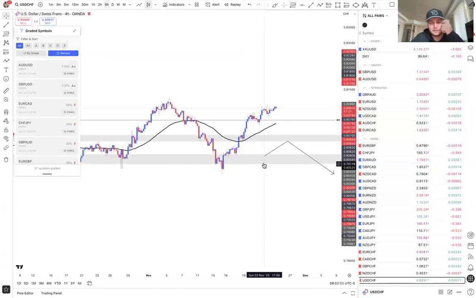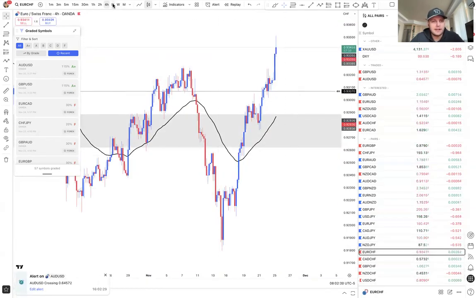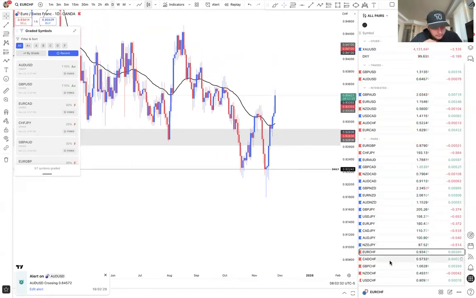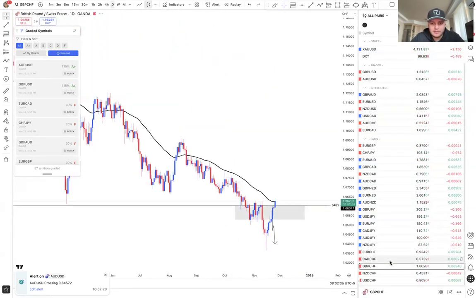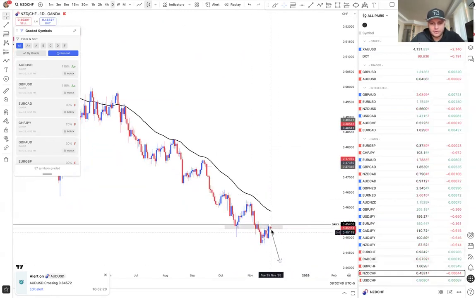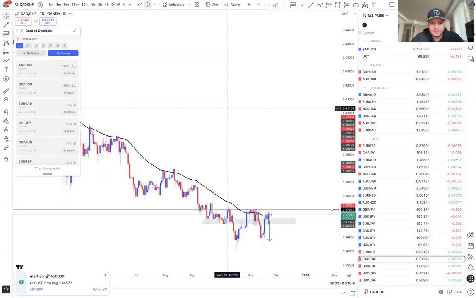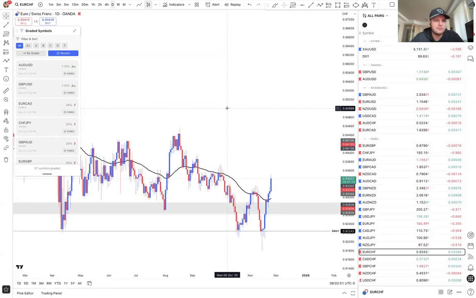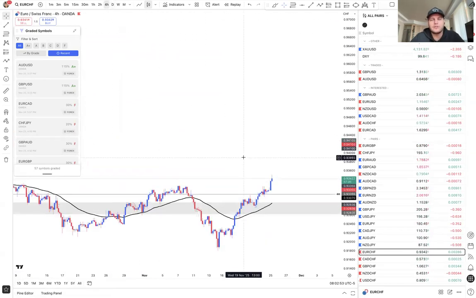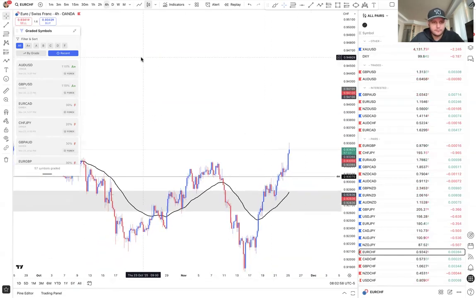Until we get indication across the board that CHF is going to sell or CHF is going to buy, I'm just going to stay away from them. If all of these can go bullish on the daily time frame, then I'll be like, okay, maybe we are buying. But right now, it looks like NZD CHF is going to sell, right? NZD CHF retesting previous structure looks like it's going to sell. But most of these are having a daily pullback, as you can see. So if most of them are going to sell, then all of them are going to.